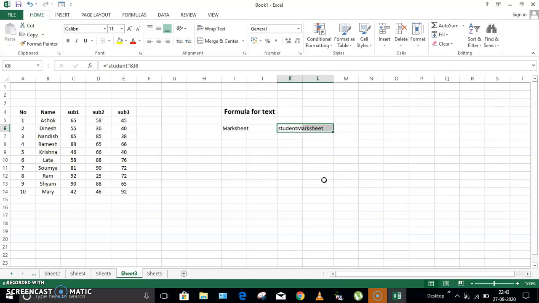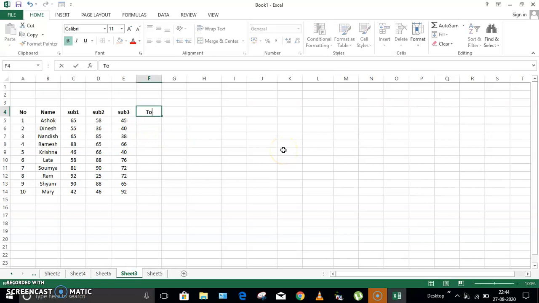Now let us move on to Excel formula basic. So whenever we are thinking about the basic formulas used in MS Excel, the first thing that will come to our mind is to find the sum and average. Okay, so I have taken some data over here. Before explaining this, let me delete this content which might distract us. Okay, so here I'll write the total, and the next what I'm going to find is average.